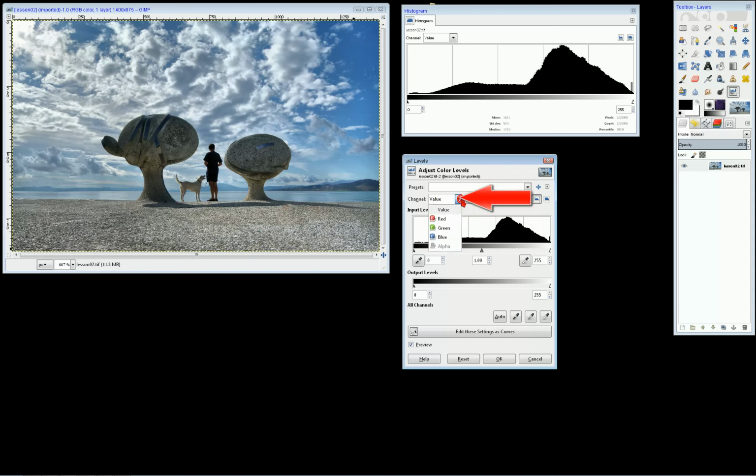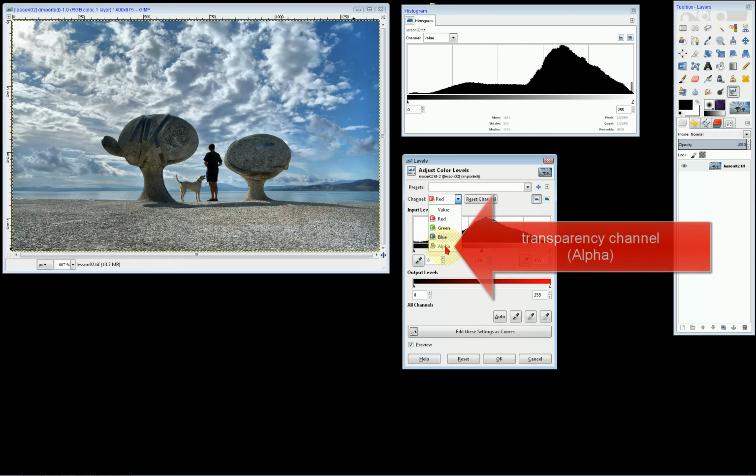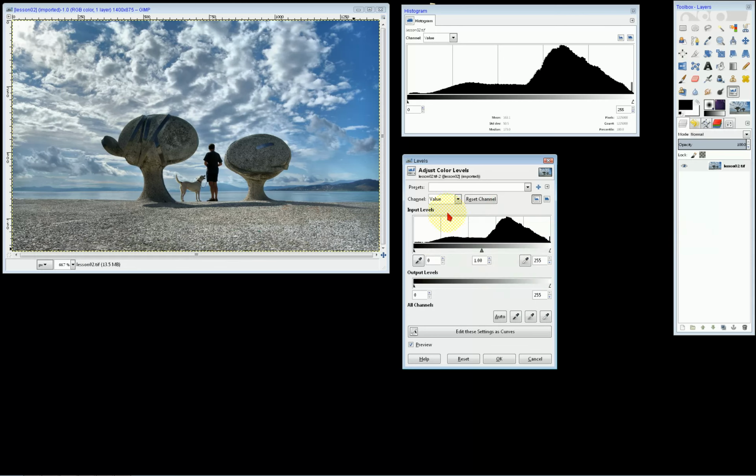Playing with the value pseudo channel, I can make adjustments on the tonality of the whole image. Playing with a color channel, I can make adjustments only on the specific channel. If the layer has transparency, I can play with the so-called alpha channel, the channel of transparency. So, for every one of these channels, I can affect the distribution of pixel values.